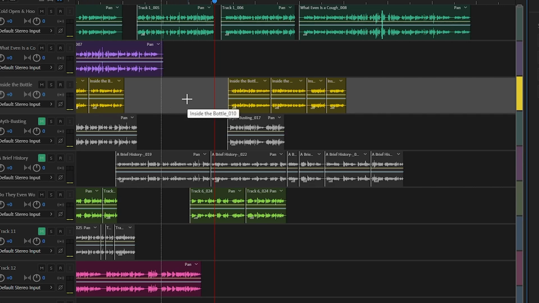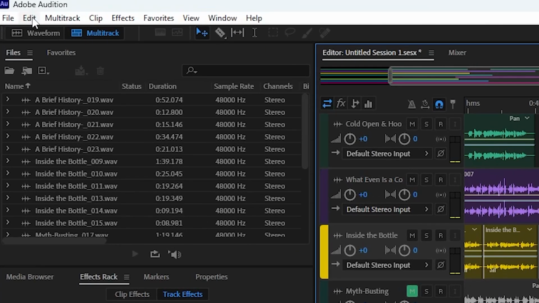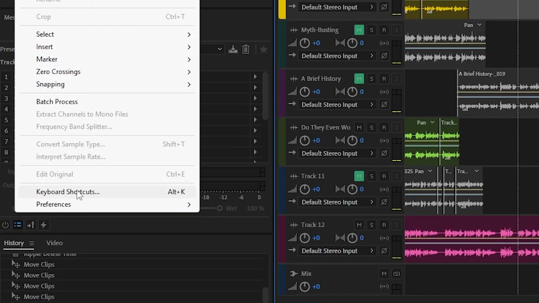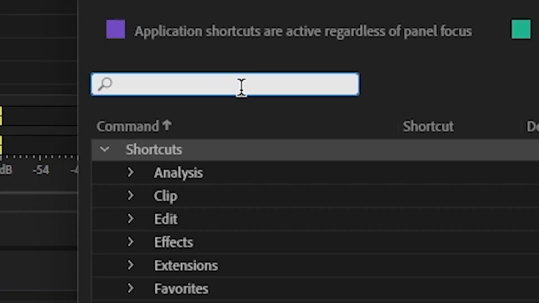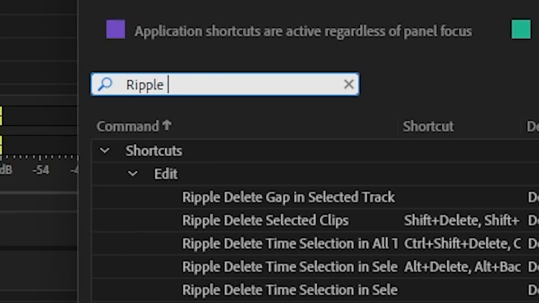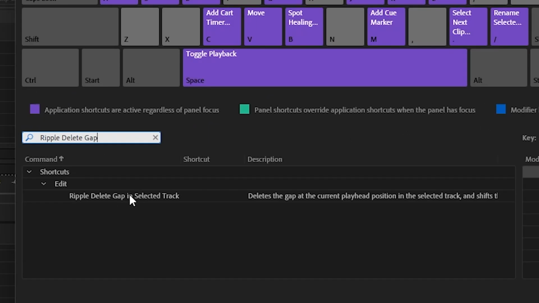So how do I create a keyboard shortcut to do that? Well, it's really, really easy. So you're going to go up to the top left-hand corner, hit Edit, and then go to Keyboard Shortcuts. And here you can see a list of all the existing shortcuts as they are. And what you need to do is search the exact thing you want to create the shortcut for. For example, this one, we want Ripple Delete Gap, the name there,